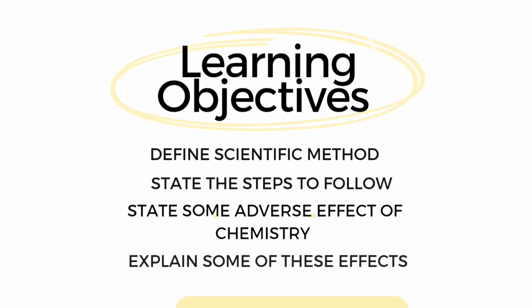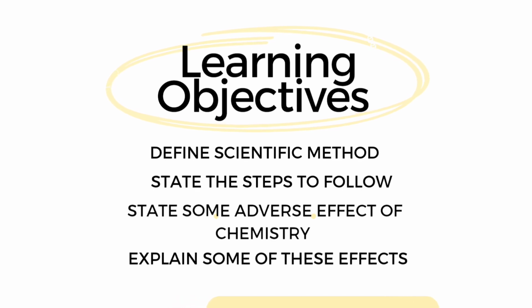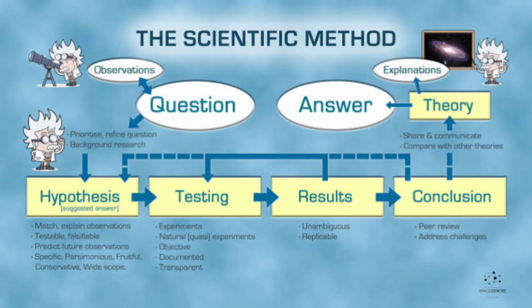Okay? Now, what is the scientific method? Scientific method is simply defined as the steps taken by scientists all over the world to solve problems, to create new theories, or make new discoveries. Okay? There are majorly 6 steps taken. It's summarized into 6 steps. The first, as you can see there, is